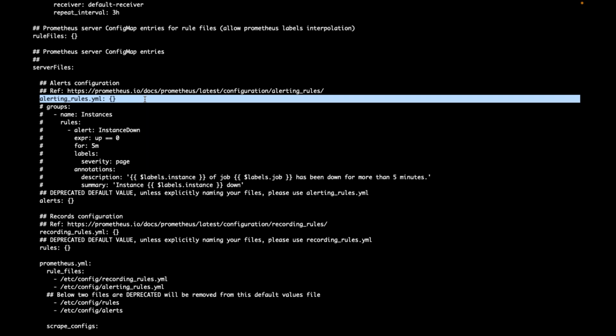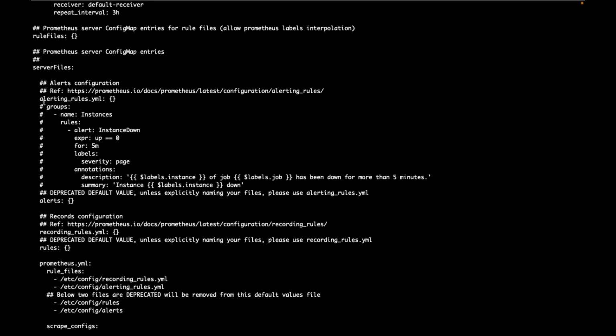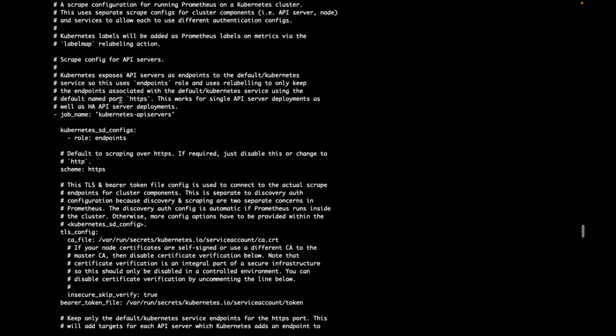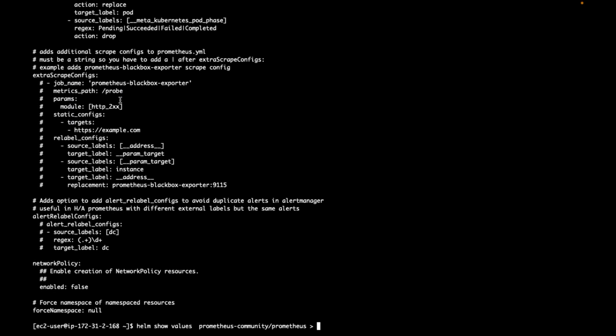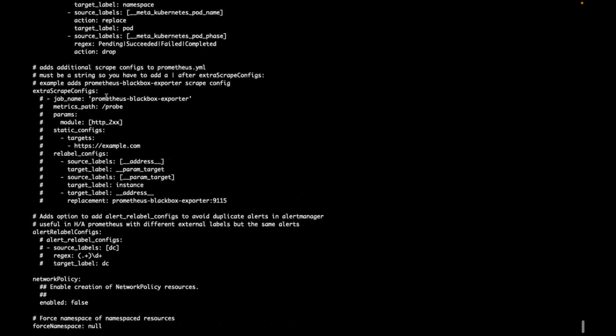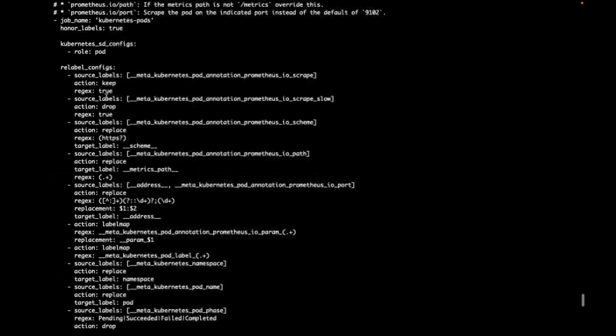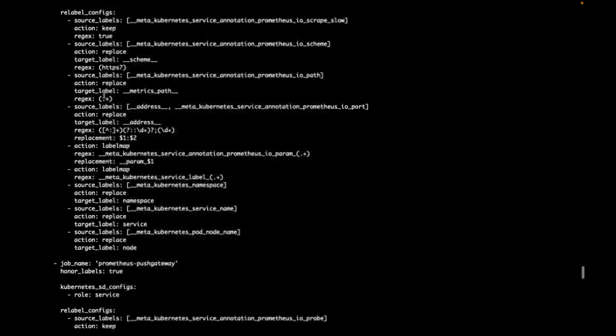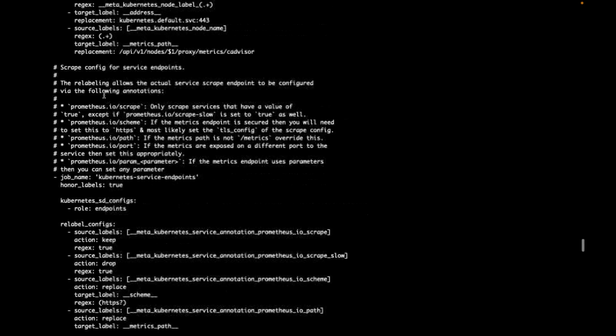So based on the requirement, can I modify these alert rules, this values file? I can get this values file. Can I modify whatever I need to add alerts? If I want to modify, also the Prometheus settings. This Prometheus settings, if you see,